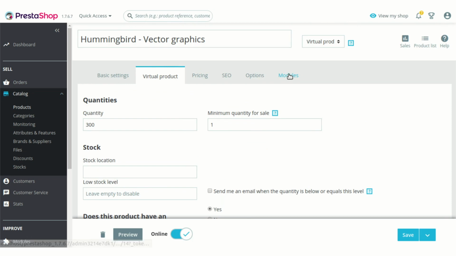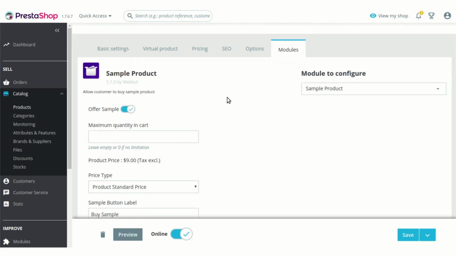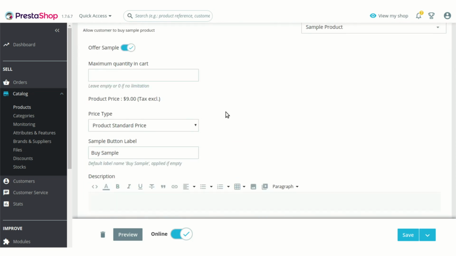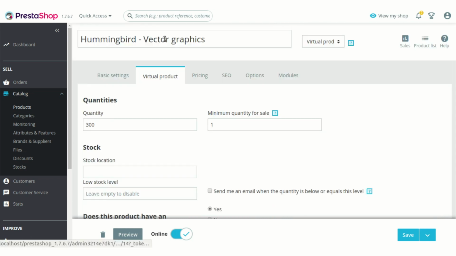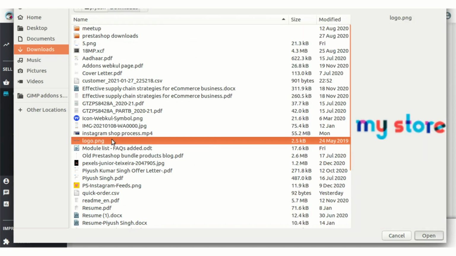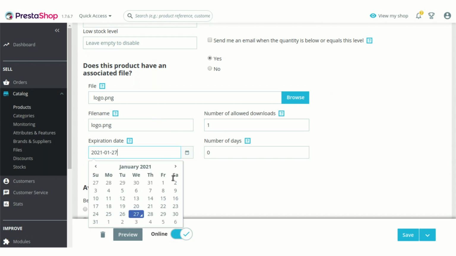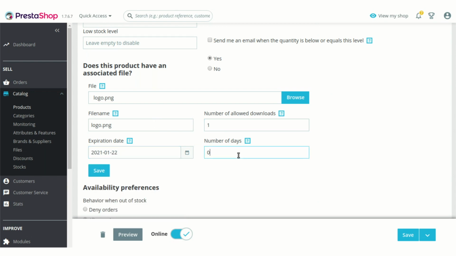In case admin has not added any main file, then he would not be getting any option to add a sample file too, as you can see here. Now let's just add any file as a main file on the product and save it for other settings.